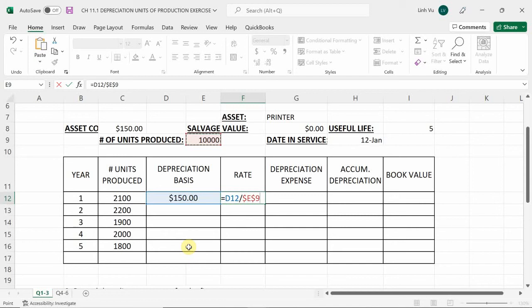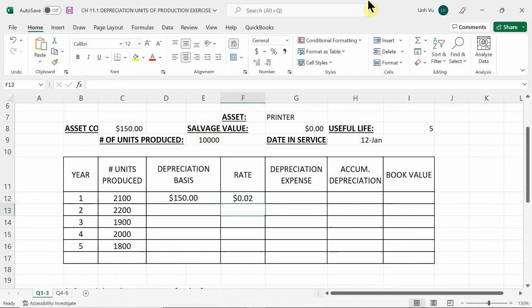Now notice this. I left my 150 alone. I'm going to use relative cell referencing for that one. That means it's going to take the next number from the next column or the next row, and so on. But I want to make sure that I am dividing it by this straight number right here. So I'm absolute cell referencing my 10,000 here. Okay? And that's going to give me